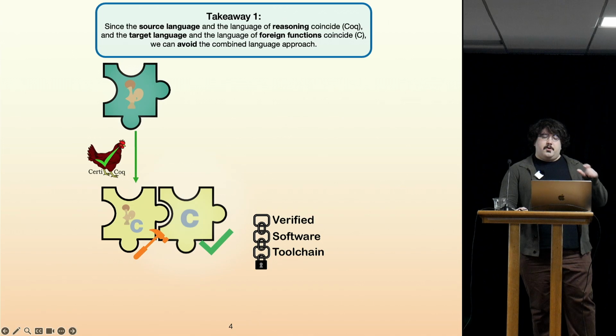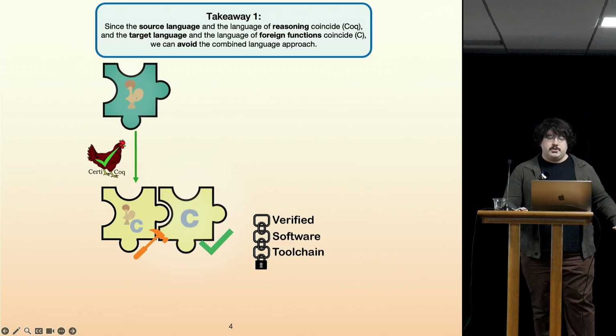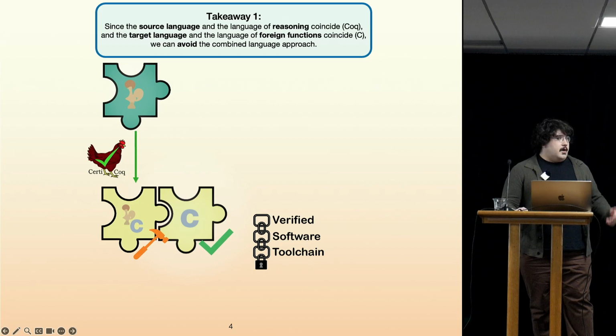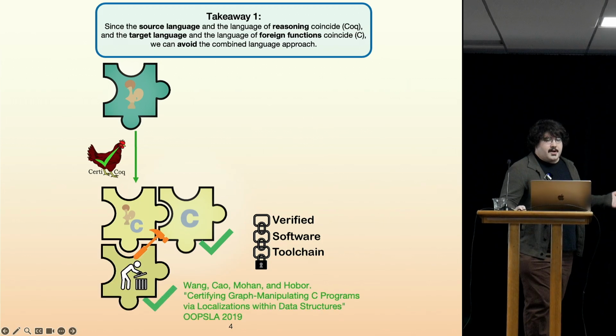Since the source language of our compiler and our language of reasoning coincide, they're both Coq, and the target language of our compiler and our language of foreign functions coincide, they're both C, we can avoid a traditional approach to multi-language semantics. Just to get a better sense of the big picture, we also have a verified garbage collector implementation,